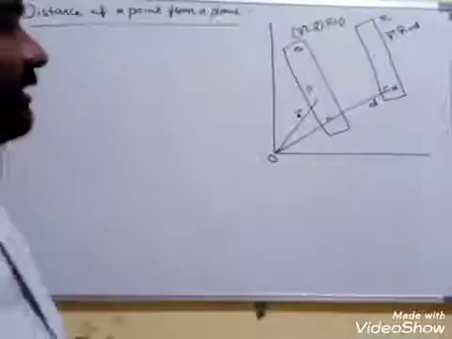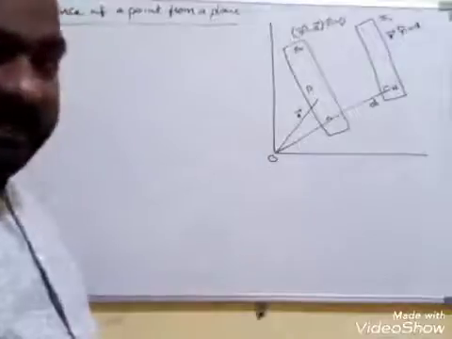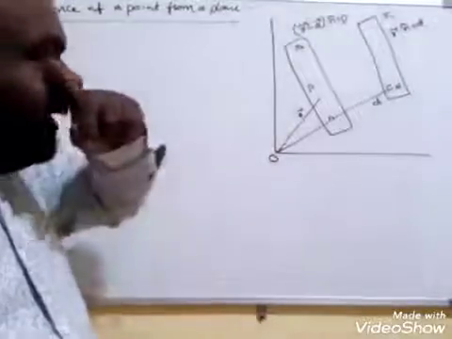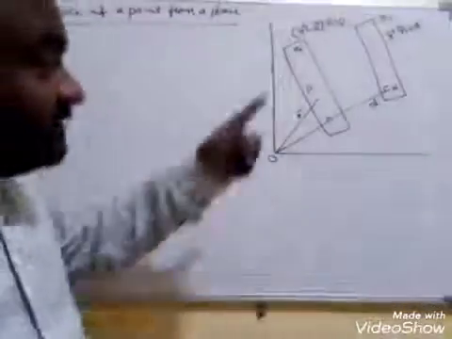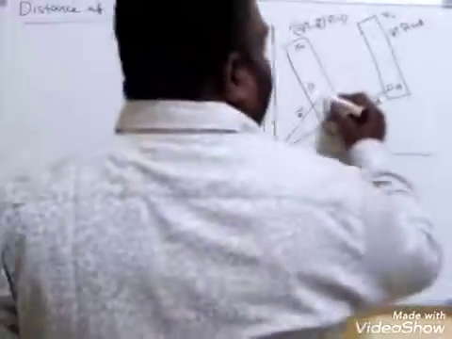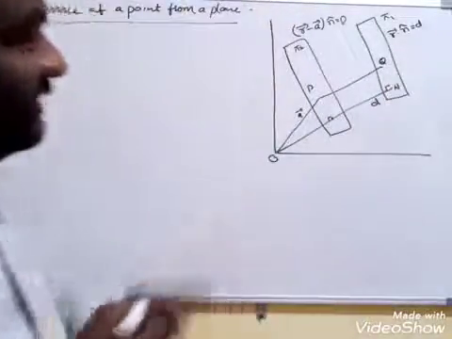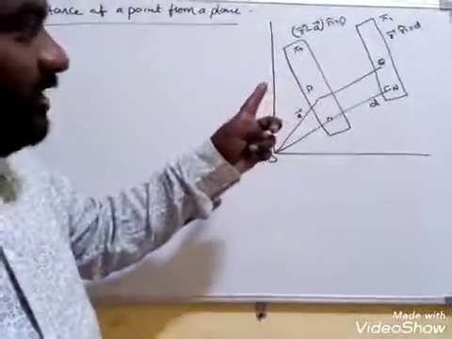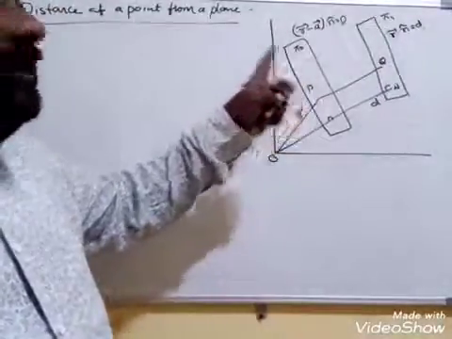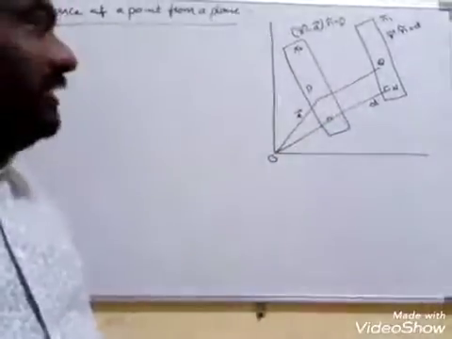Further, let there be a point P in space with position vector a bar. Then we construct a plane so that the point P lies on a plane parallel to the given pi1. Now if I draw a line, this is PQ. PQ is nothing but the distance between the planes, that is, the distance from P to the plane is PQ.